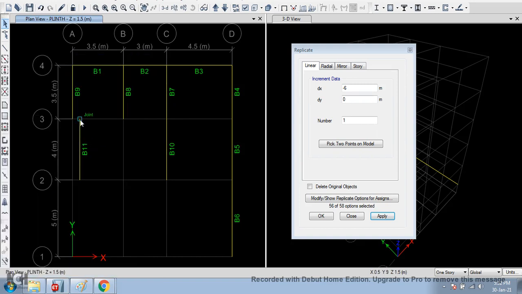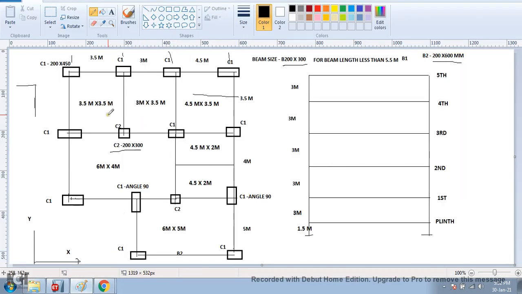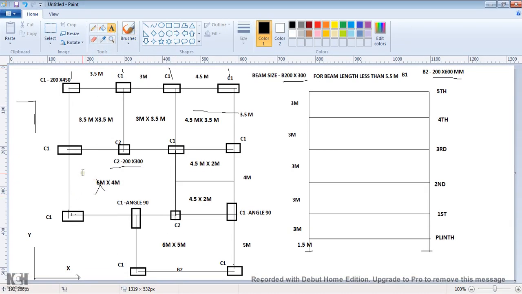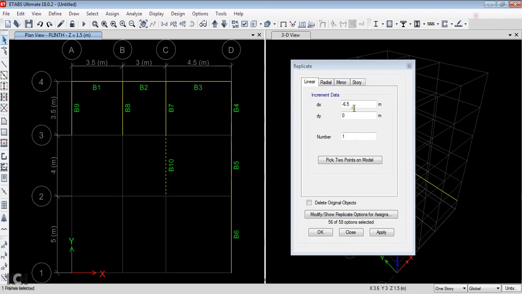It is actually 6.5, the room dimension is 6.5. So select this B10, minus 6.5. Apply.